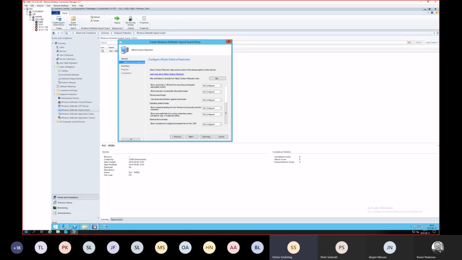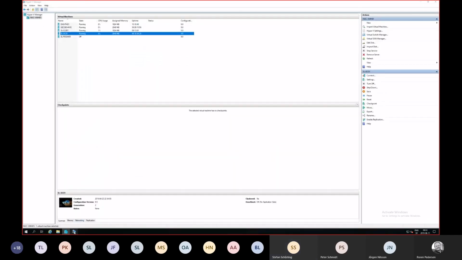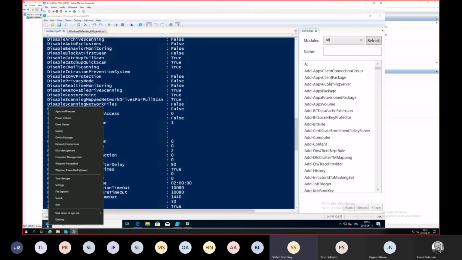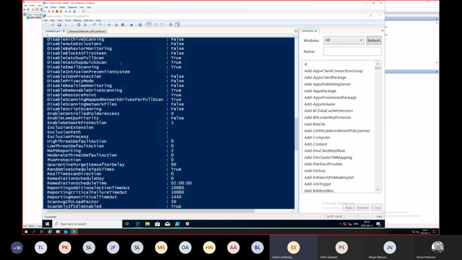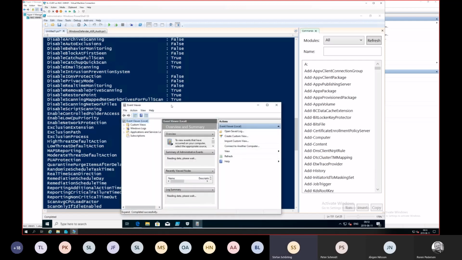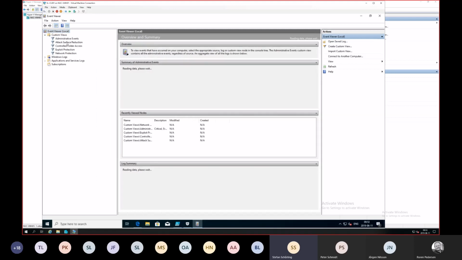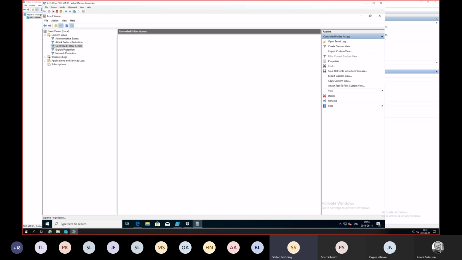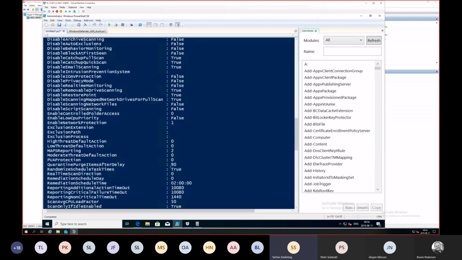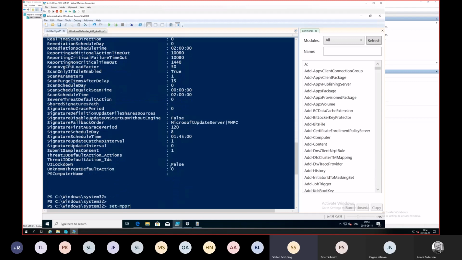So what will happen then is that when you enable this, we'll just move back to the other machine, go into the Event Viewer. In this case, I have created some custom views for the different features. All reporting is local, so it will end up here in the local events of the machine. So if I, for instance, enable the network protection, Set-MpPreference, enable